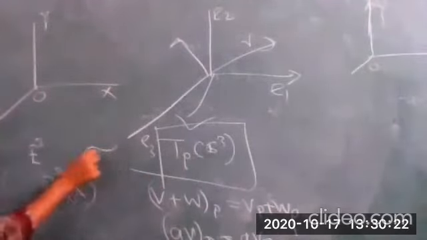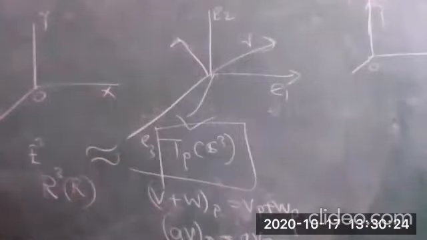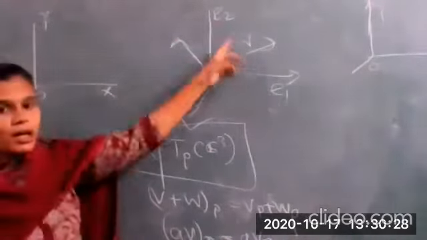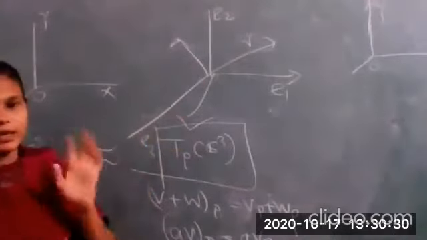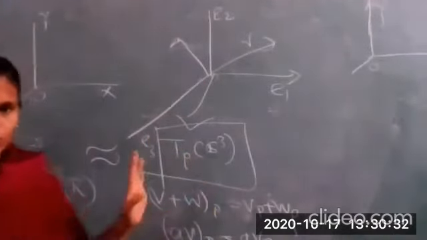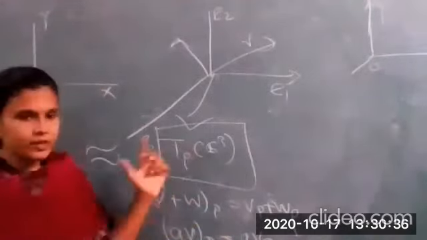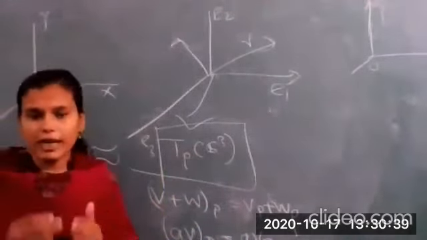Why? Because just now we have proved that E1, E2, E3 form a linearly independent set for TP of E3. They form a linearly independent set for TP of E3. And we know that for finite